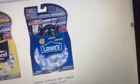So yeah, I did pick up this car today because I just really wanted to add Jimmy's paint scheme from this year to the collection. I really like his paint scheme this year with the green and everything. I think it's pretty dope, so I just wanted to add that. As for other stuff I want to get in this wave,